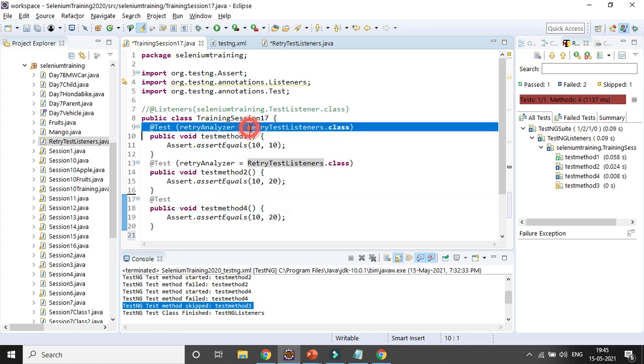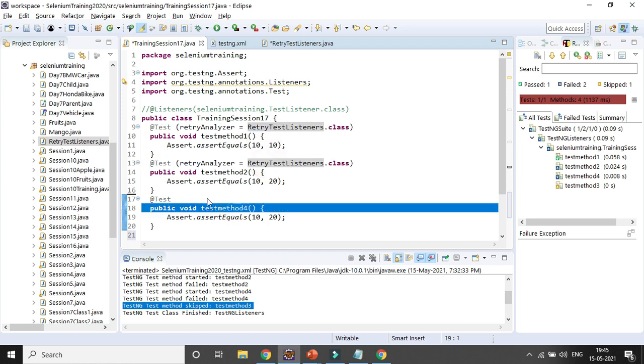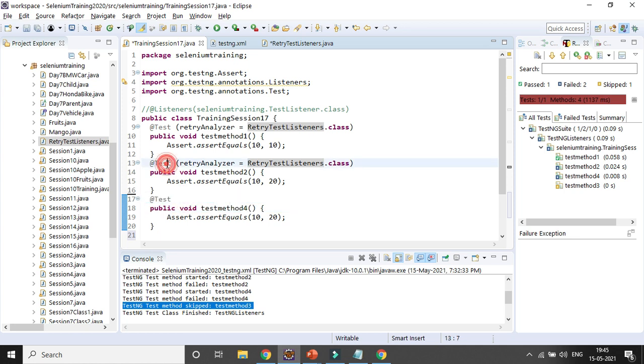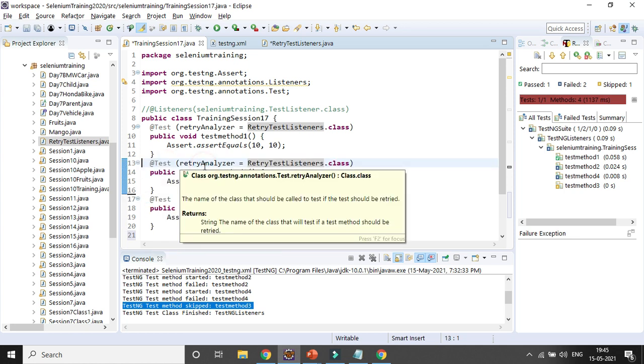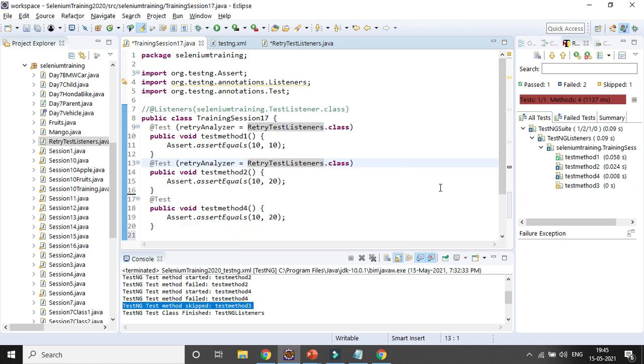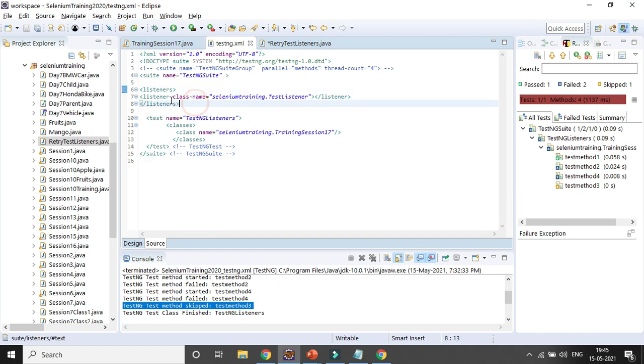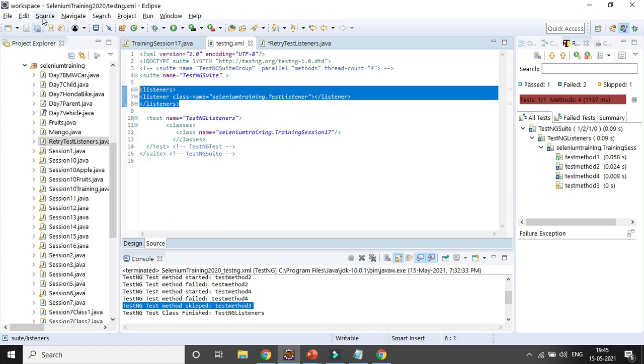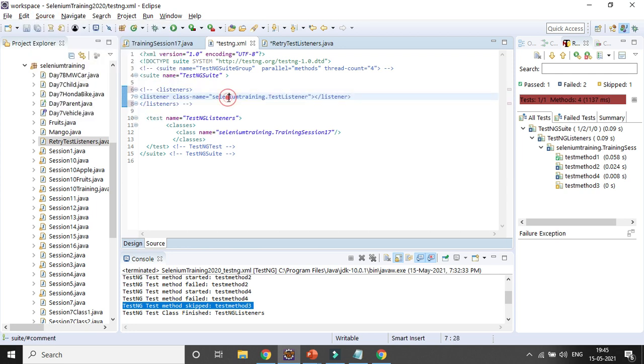For the passed one, though you are entering the IRetryAnalyzer, it will not run again because it is passed. For the failed one, in case you are not using it, it will only run 1 time, because it is a test case level annotation, not the class level. Okay. It can also be used at the class level, so it will try to run everything instead of test case level. Let's try to run it, and you can run it from the TestNG XML file as well. Let's comment out the listener one, because I am not using the listener anymore, I just want to run it.